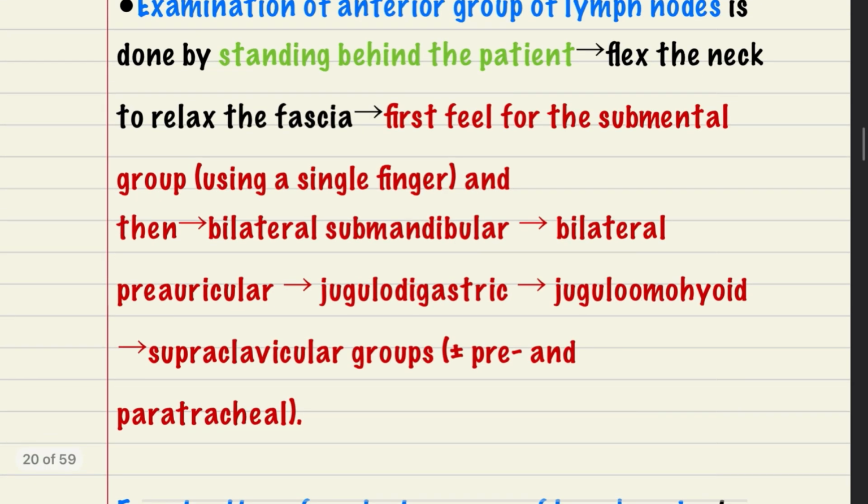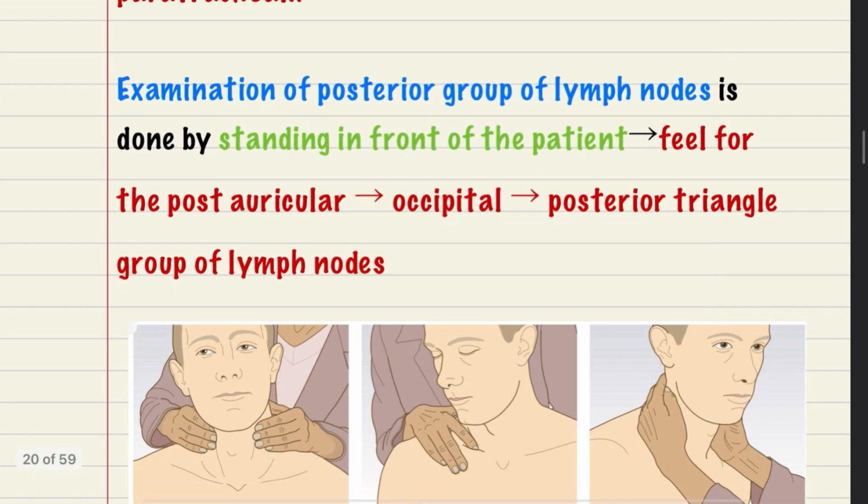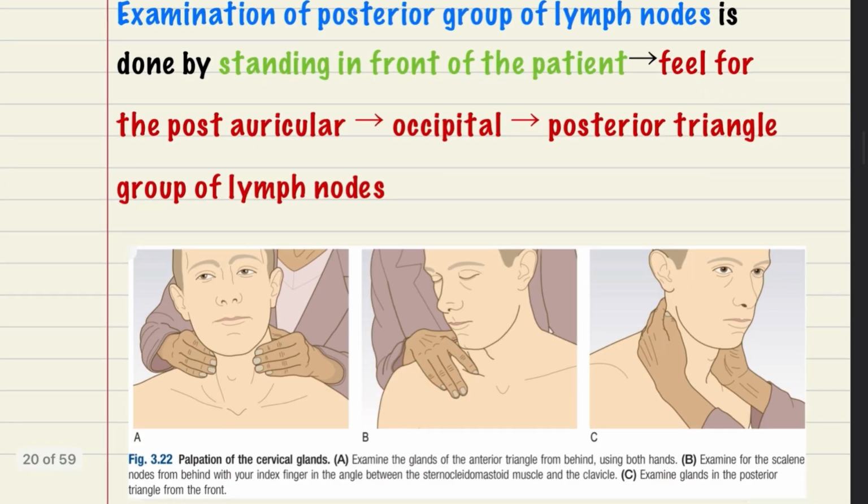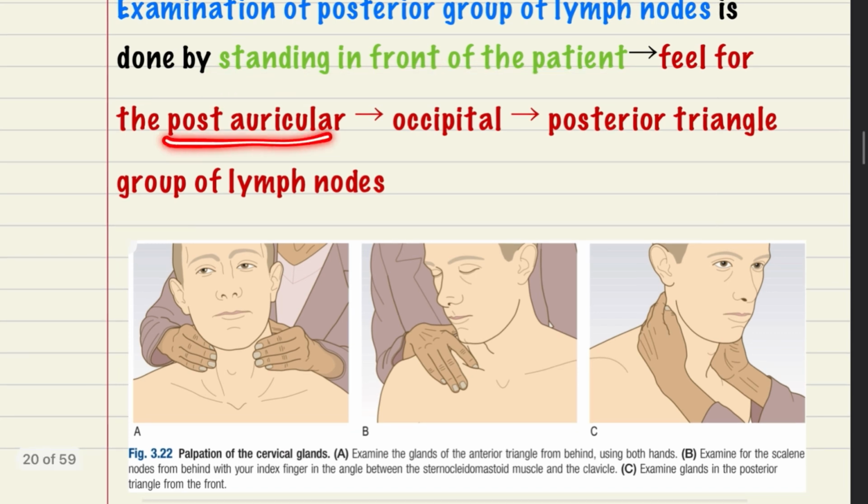So this is about the anterior group of the lymph node examination. Then we have the examination of the posterior group of the lymph nodes, and you have to do it after coming in front of the patient, standing in front of the patient. So this is very, very important. Now start by feeling for the posterior auricular, then go for the occipital, then go for the posterior triangle group